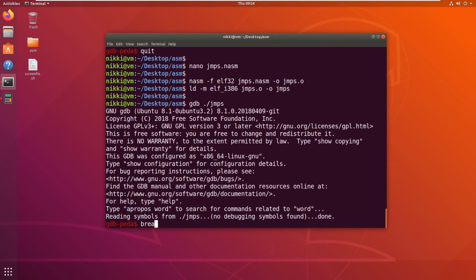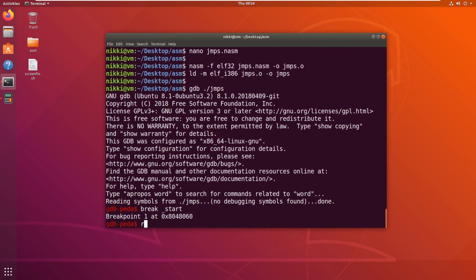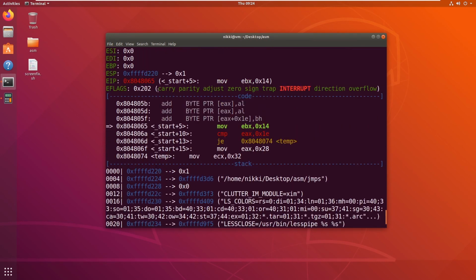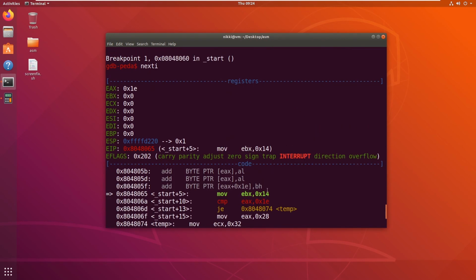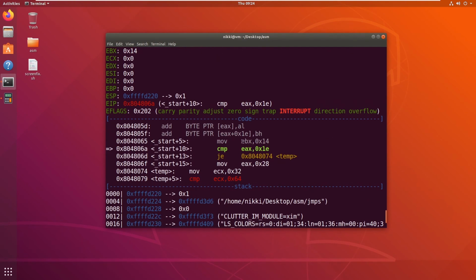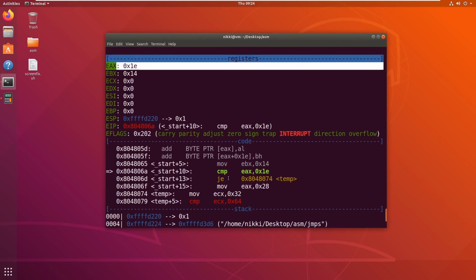Now I am putting the breakpoint at the start. Now let's run the program. Now we are moving the value 1e into EAX and 14 into EBX, just like the previous example. Now we are comparing EAX with 1e. Since EAX also contains 1e,